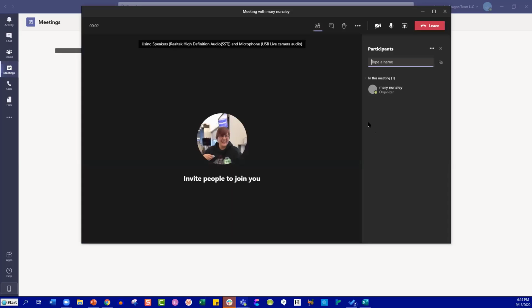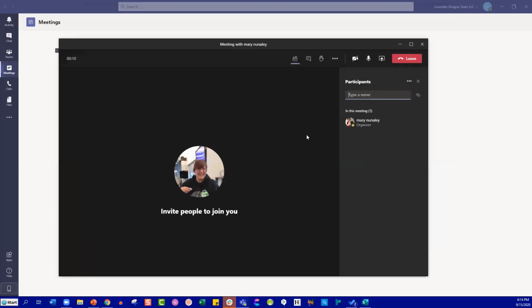So when I click join now, I now have a menu bar across the top. I can invite other participants. And again, let me know if you can't see anything or if I need to make things larger. When I click on this icon, hide participants, that would hide everyone from the list. So maybe I don't want you to know who I'm meeting with. When I click over here, I can show the conversation, just like chat in Zoom. This is the conversation. Here I can raise my hand if I've got a question.